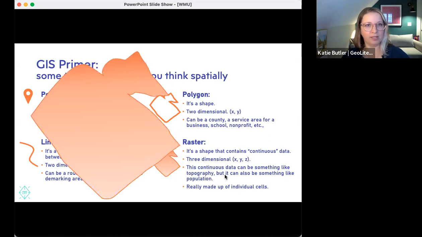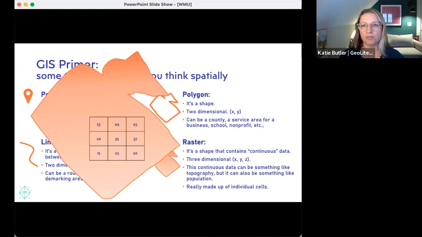This is my pop-up here. This is our bigger picture of our raster. It really is made up of individual cells. And so for those of you who want to understand how it works a little better, this is how it works. If I was a better PowerPoint whiz or paid more attention, I would have twisted this little box so that it aligned with this line. So each little box, this raster is filled with these little boxes, and each one has this Z information, whatever that information is that we're interested in, included. And those boxes can be different sizes depending on how much computing power you have, how much time you have, and how much data you have. Census tracts are a great example of this. You can create a raster and the little boxes can be census tracts across that raster.